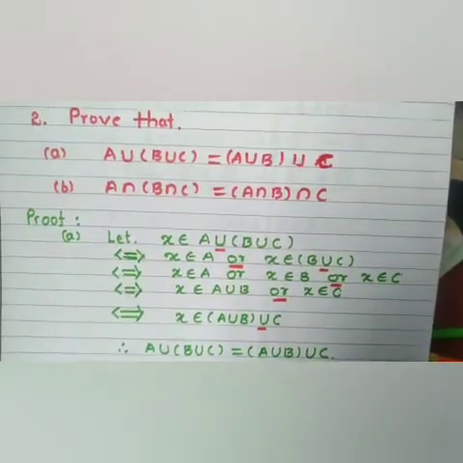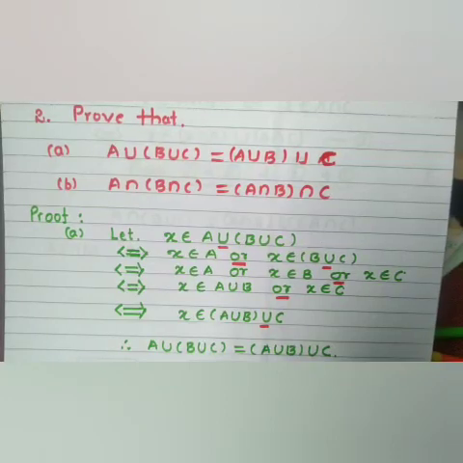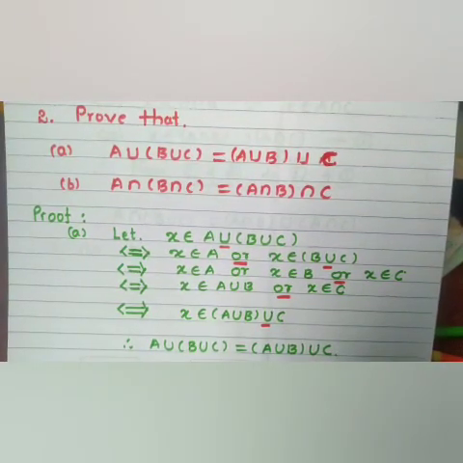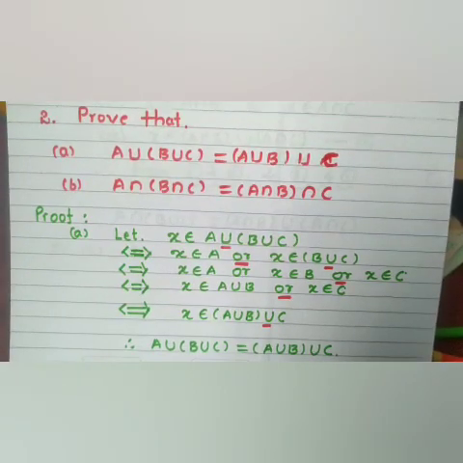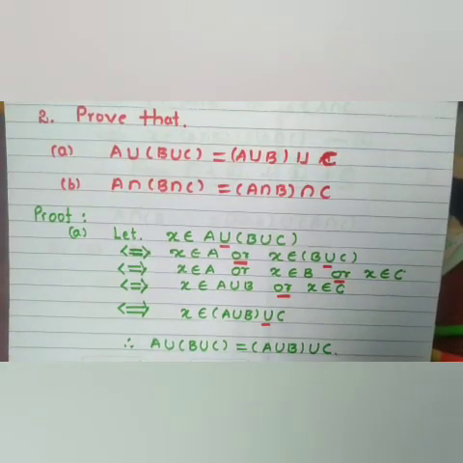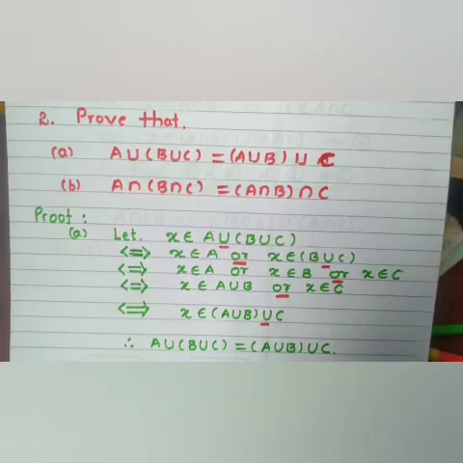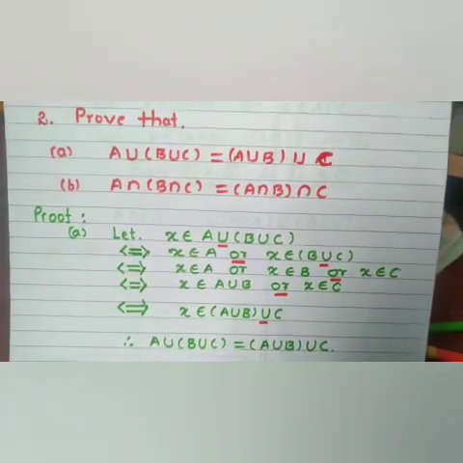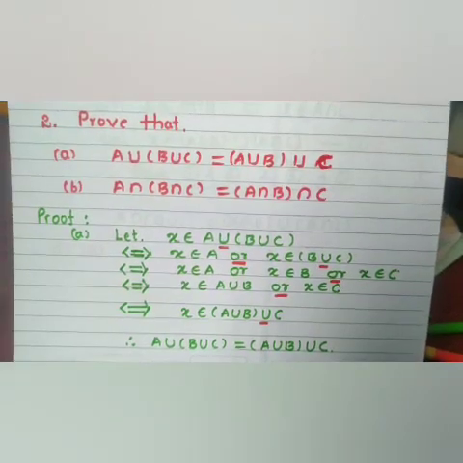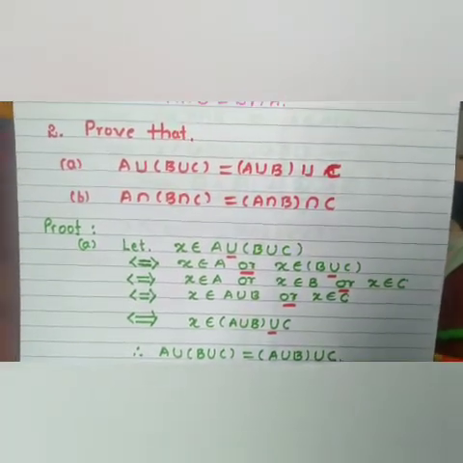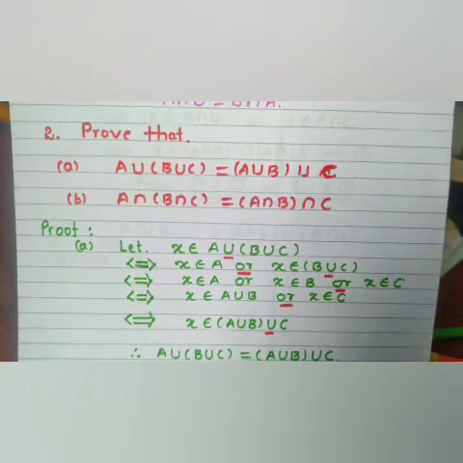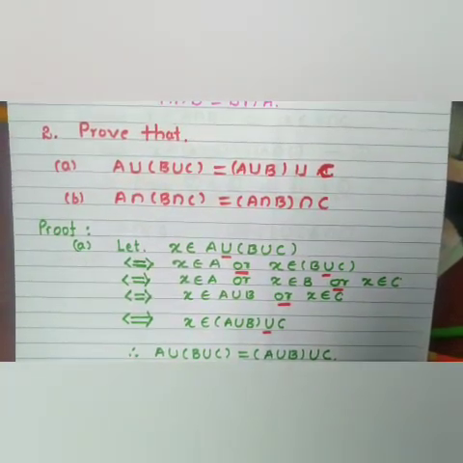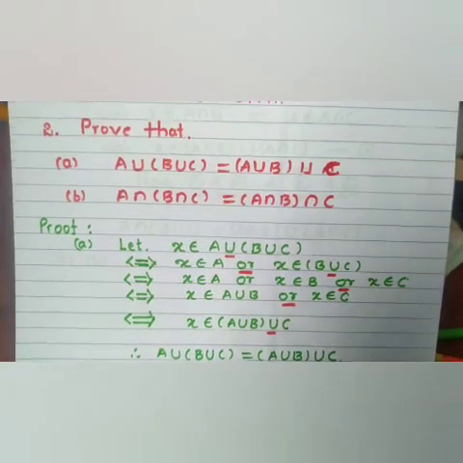So we can go for the proof by means of double implies, because I said in the previous example, from 1 and 2 is implies, from 2 and 1 it includes double implies, if and only if. If part means 1 and 2, only if part means 2 and 1. Okay, let it be. Now start the proof. A union of B union C is equal to A union B of union C. Let us consider X belongs to the LHS, A union of B union C.